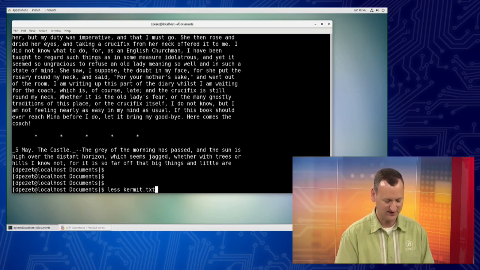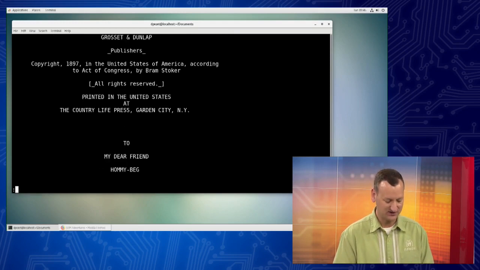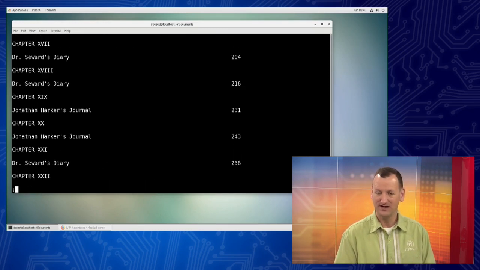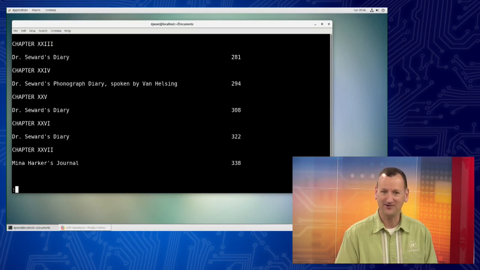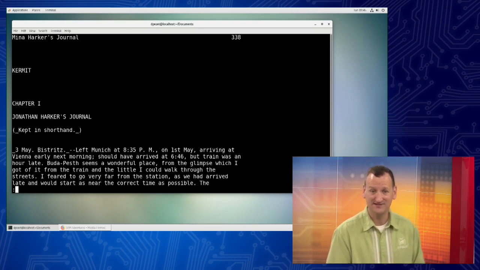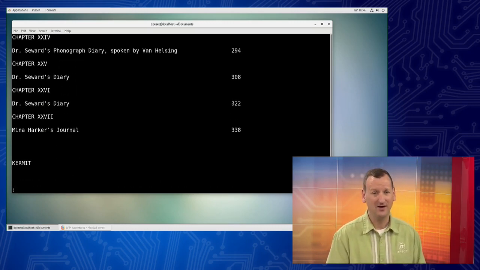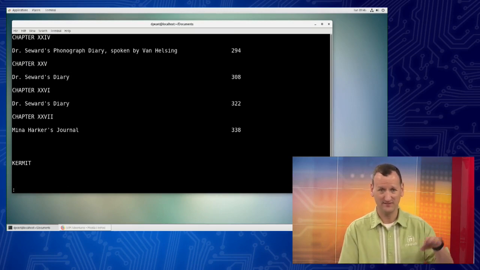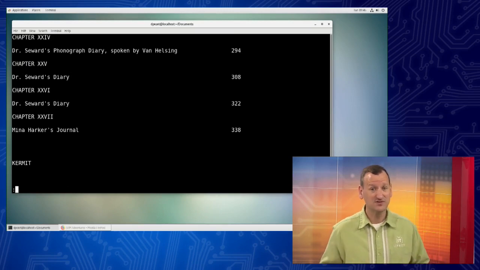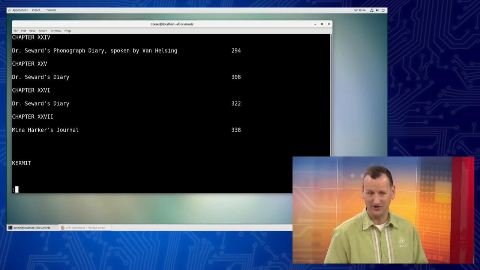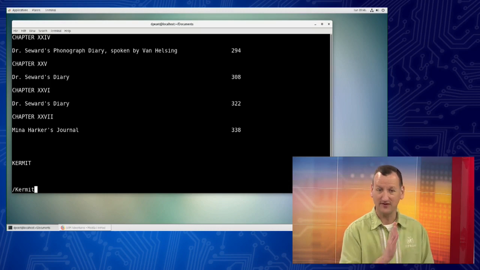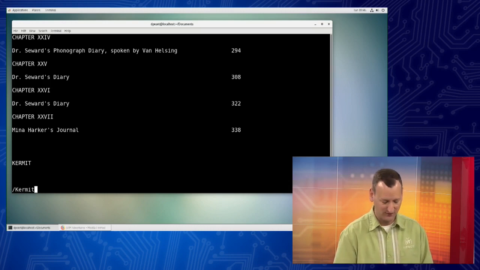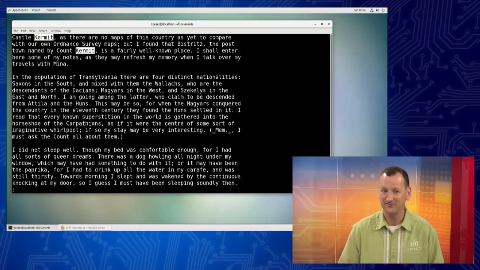So if I were to less Kermit.txt and come in here, I can still use the space bar to move forward. I can still press enter to advance a single line. That's all the same, right? But I can use my up and down arrows or the page up and page down keys to move up and down. This is way more useful if you're going to be sifting through a file. In fact, you can even use a lot of search commands just like in the Vi editor. So if I want to search forward and find something, I can do that by typing a / and then the string that I want to search for, and it'll jump down and it'll find it just like in the